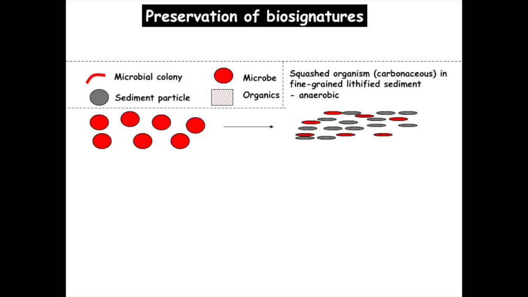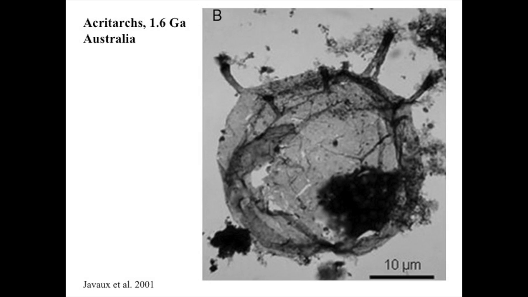These are just, as I mentioned, organisms with a robust membrane that happen to be sedimented, deposited with sediments, and they just get squashed with the sediment, and you end up with a flattened cell. This is an example from Emmanuel Javot, who's spoken here before. Beautiful example of what we call an acritarch. These are the spores. The size here is about 10 microns, and you can just see nicely flattened